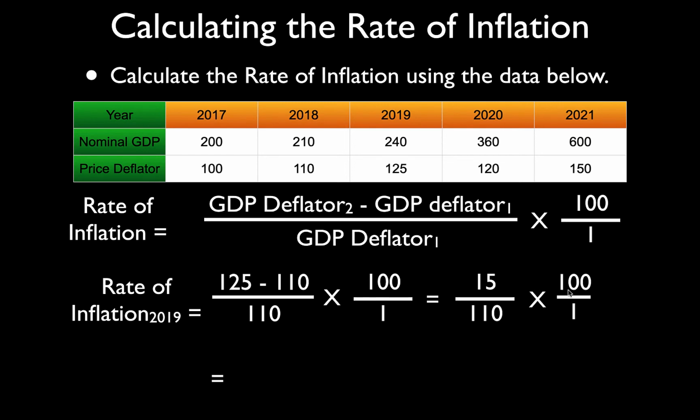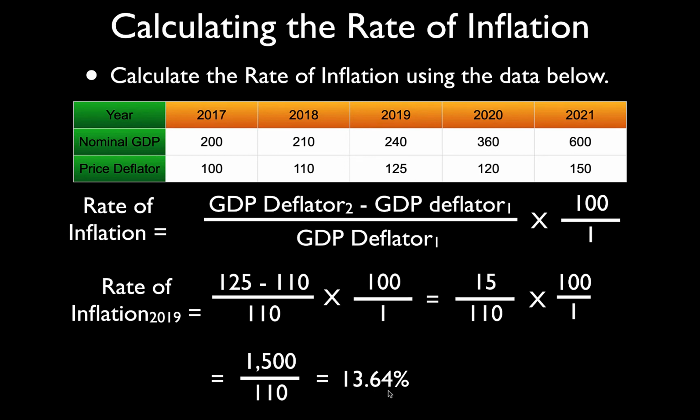15 multiplied by 100 is 1,500, and 110 multiplied by 1 is simply 110. Get the calculator out, guys, and then you divide top by the bottom, and we get 13.64%. Now, what that actually means, guys, and I'll actually go through 2017 to 2018 because we got an answer of 10%, and now I'm going to go from 2018 to 2019 because we got